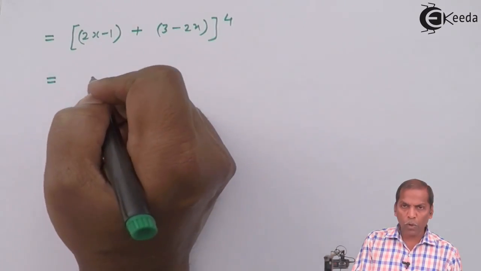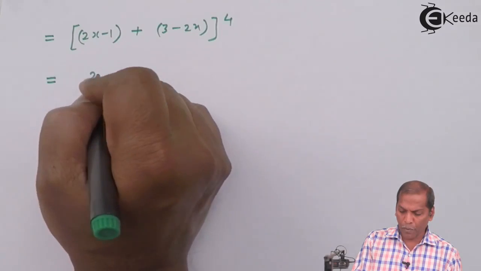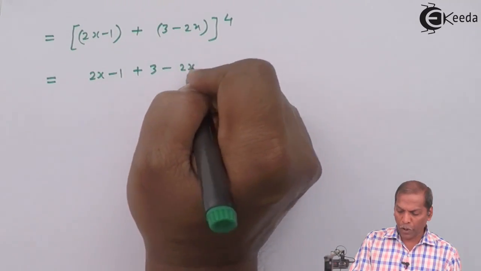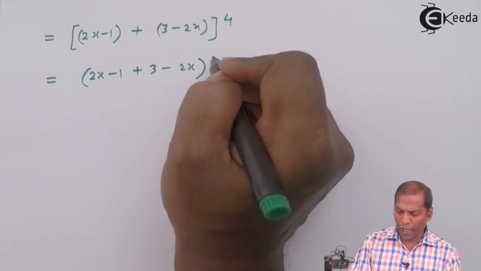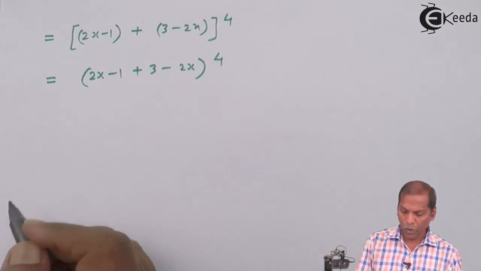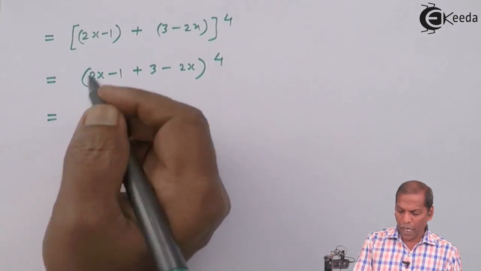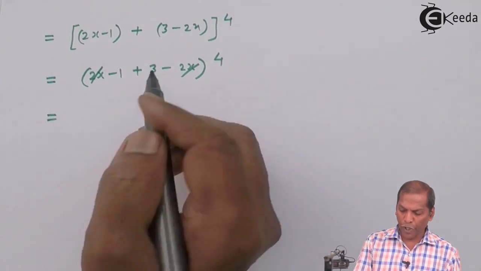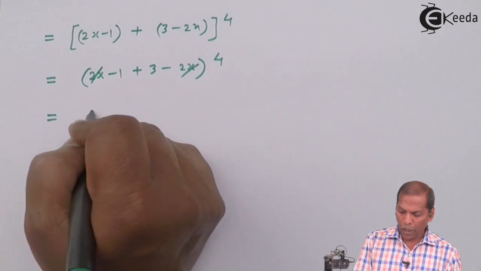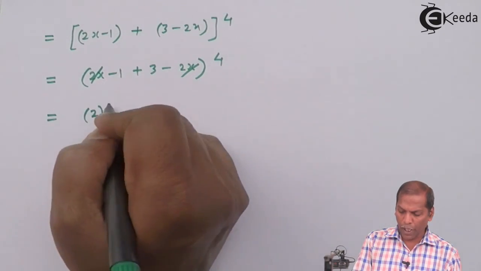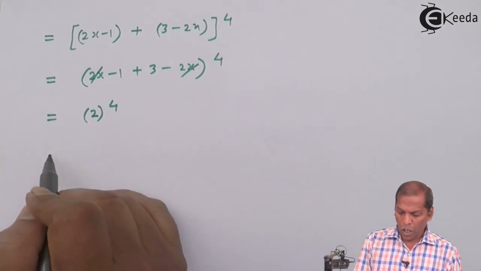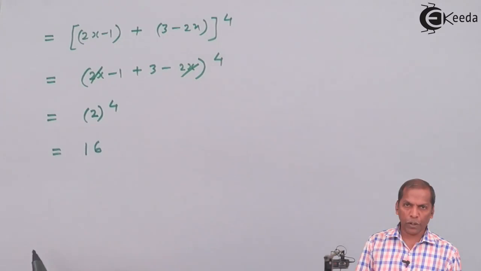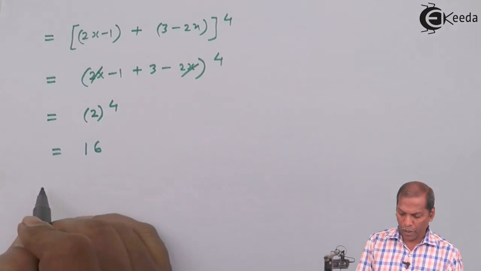So that equal to, now we open the brackets, we get (2x minus 1 plus 3 minus 2x) whole bracket raise 4. Now here we cancel plus 2x and minus 2x. Now we are left with 3 minus 1, that is 2 raise 4. And now 2 raise 4 gives us 16. So in this way,